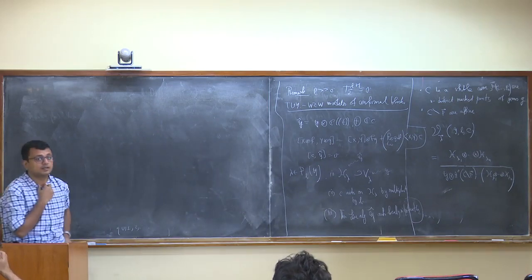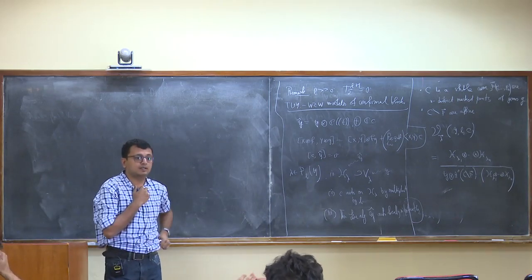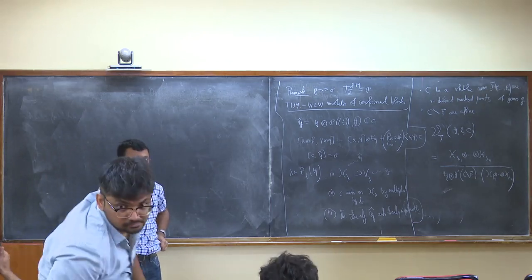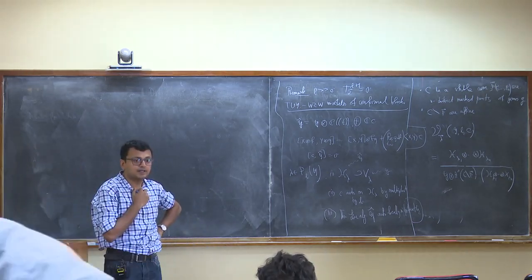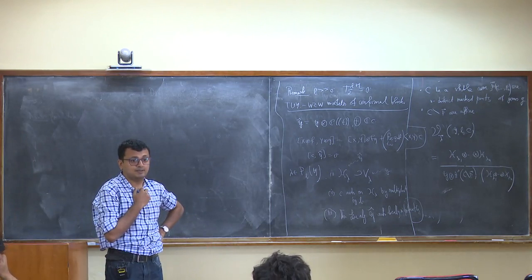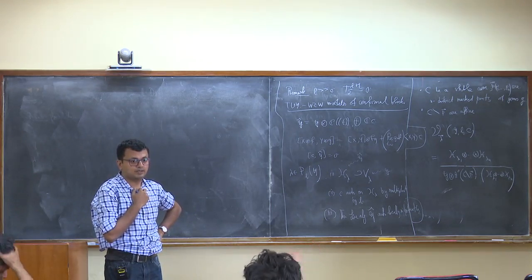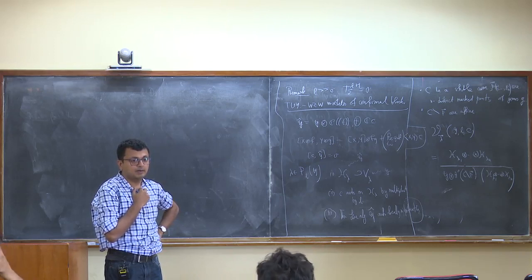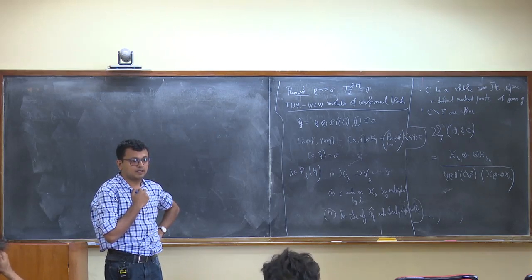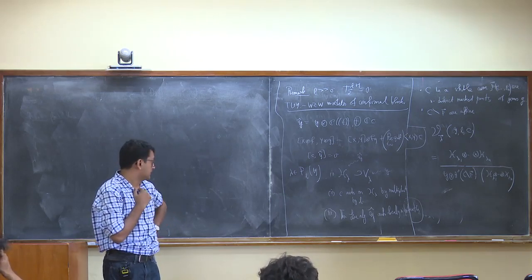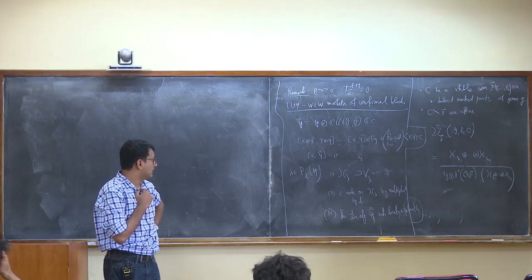So you are given, let's say, a number of insertions on the sphere, and every one of them has some representation. You can ask how many singlets of the Kac-Moody algebra you can have with these Wilson lines. That has some answer which will be given by the Verlinde formula. Now you can ask the question, given these points, how many conformal blocks do I have, which is the dimensionality of the space of conformal blocks.